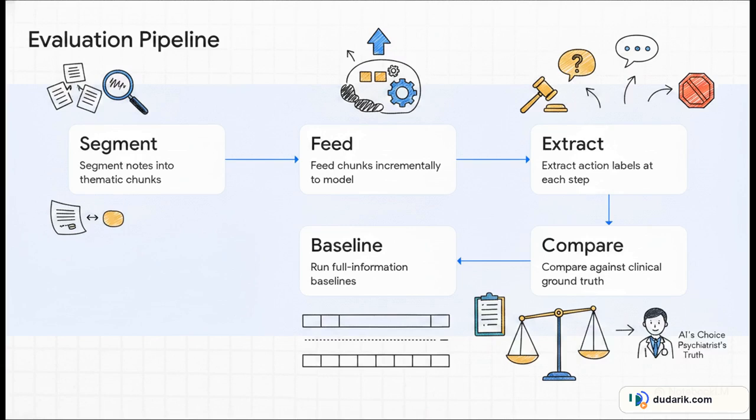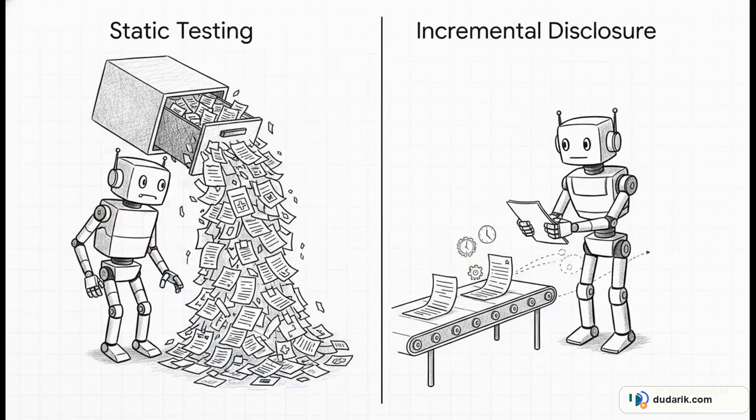when information is hidden. I really cannot emphasize this enough. Static testing masks calibration gaps. Relying on single-turn inference, where the model sees the entire patient history all at once, is simply insufficient for healthcare. If you want to build truly safe clinical AI, you absolutely must build evaluation pipelines that simulate real-world data latency